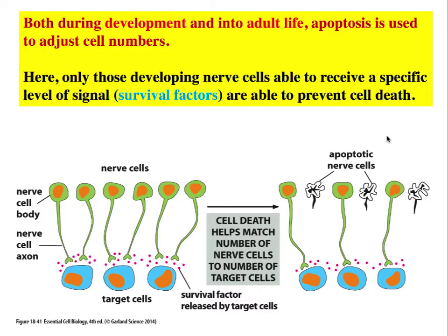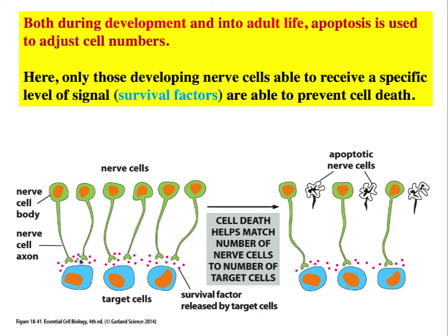size of the cell. A great example of survival factors has to do with development and neurons. So the body has a habit of producing lots of neurons, extra neurons, and then allowing them to find their way towards the target location, like a muscle in your finger. And it's probable that a large number of neurons would find that pathway just by chance, but you only need one neuron to control that muscle. Therefore, the extra neurons are not needed, and ideally there's not enough space inside your arm for the extra ones.